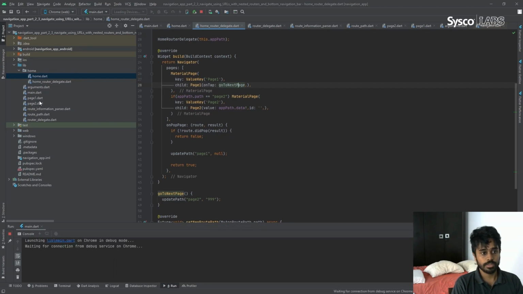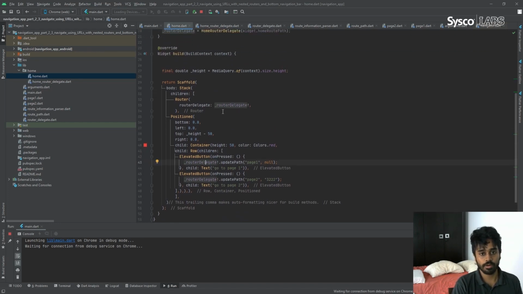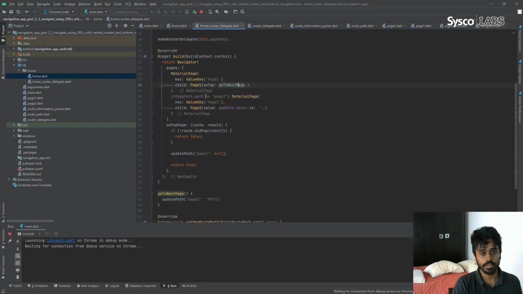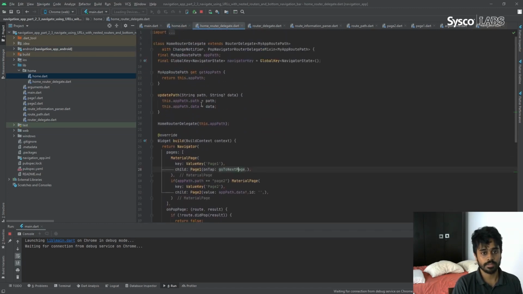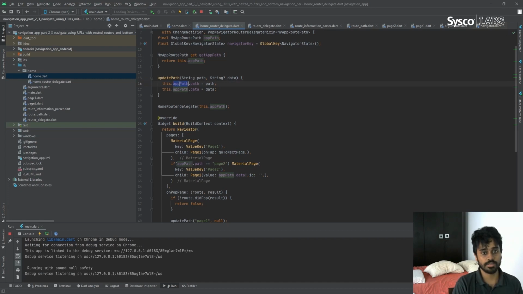Also in home, when you want to navigate to page 1 and page 2, what I have done is I'm calling the same router delegate which I have created, the inner delegate. This is the inner navigate. In that I have the update path method here. I'm using this method again to update this same object here.